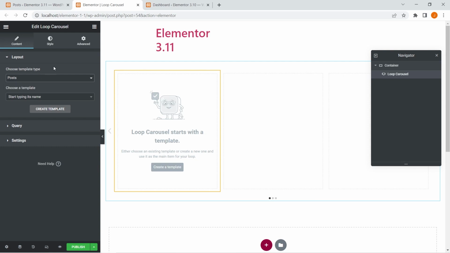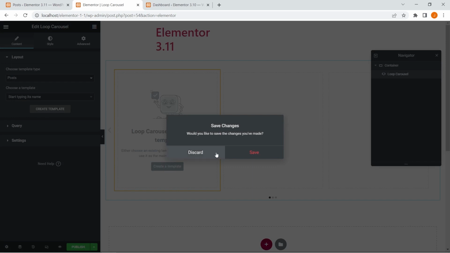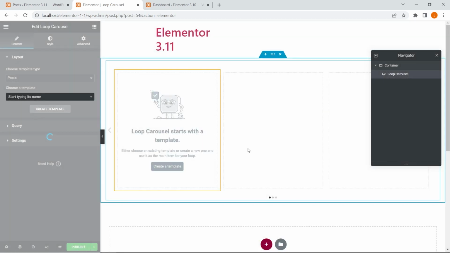Now another thing that you will have to know here is that in case you have created a template for the loop grid widget, then you will be able to use that template in loop carousel as well. So that will save you a lot of time. If you have already created a template, then you can select it from this drop down right here. Now for right now, I do not have any templates inside this setup. So what I'm going to do is click create right here, click save,